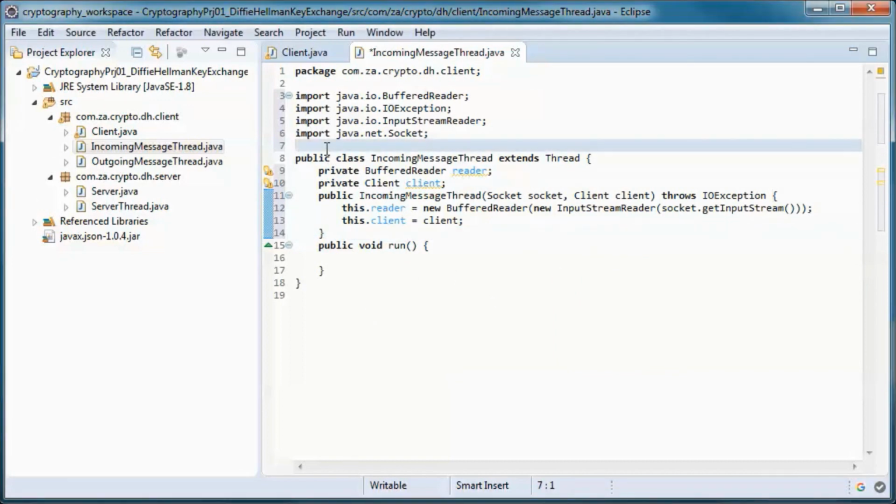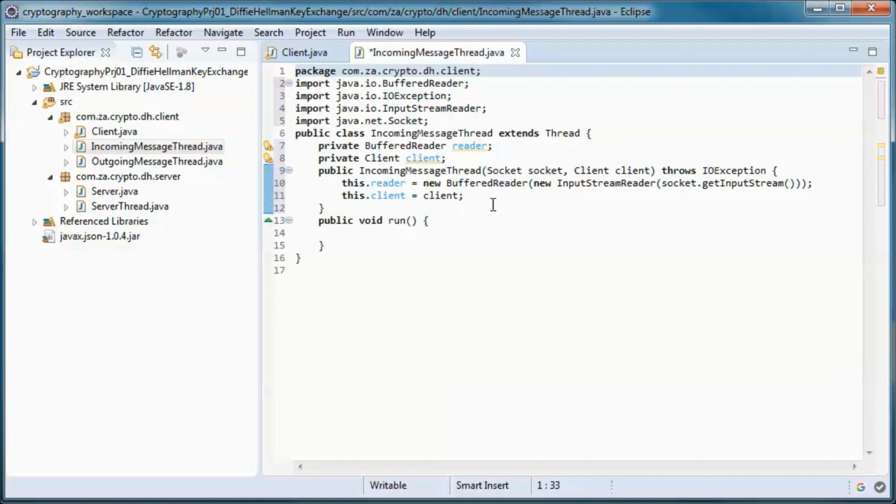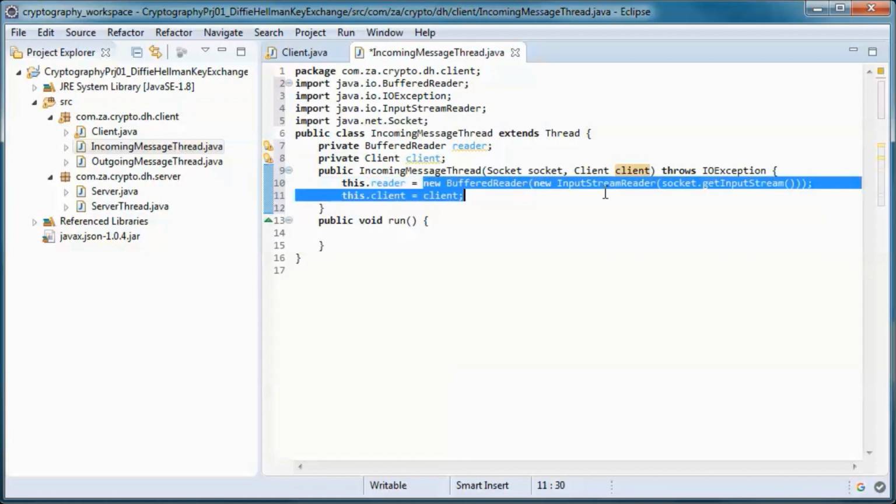So the constructor takes in a socket and a client instance, and it uses those to initialize the client instance variable and the buffered reader instance variable. So it does socket.getInputStream and uses that to get the input stream reader instance, and uses that to pick up a buffered reader instance.